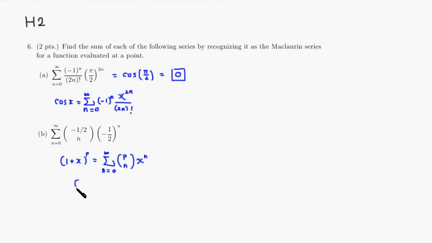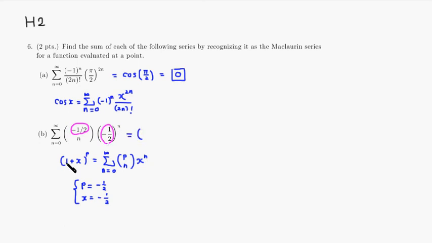So in this case, what's the p value? The p value shows up right here. So that's our p value. So p is negative 1/2. And the x value that we see here just shows up right here. So that's also negative 1/2. So this is going to be a binomial series for the quantity